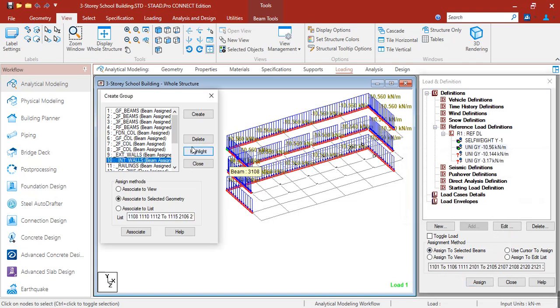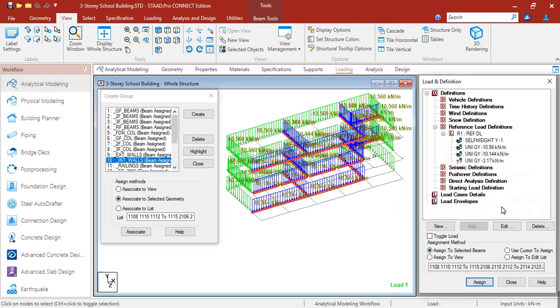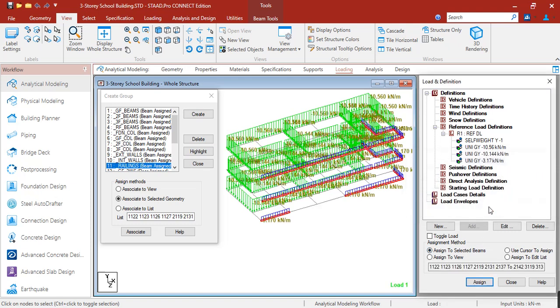For interior wall, click highlight, then click the load for 3.17, then assign to selected beams. Then also for the railings, click highlight, then click the specific loadings, then click assign to selected beams. Okay, so that is for the walls and railings.